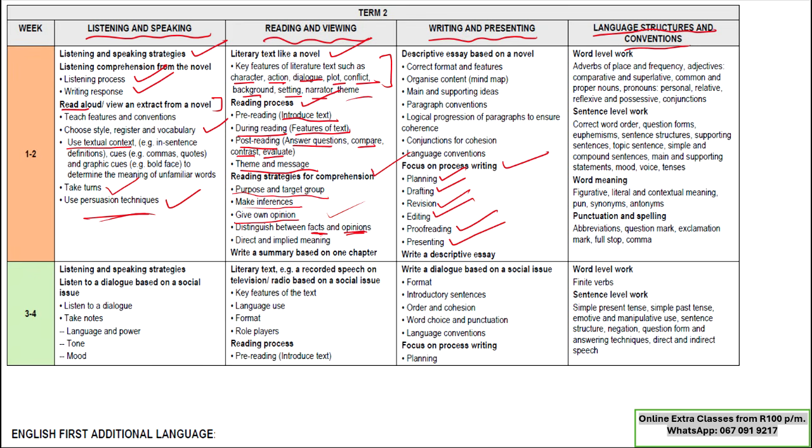So here we can see that we have the word level work, and we also have the sentence level work, and then we also have the word meaning, and then we also have punctuation and spelling. Okay, so now if we go back to word level work, we can see that we have adverbs of place and frequency, and we also have adjectives, right? So on adjective, we can see that we have